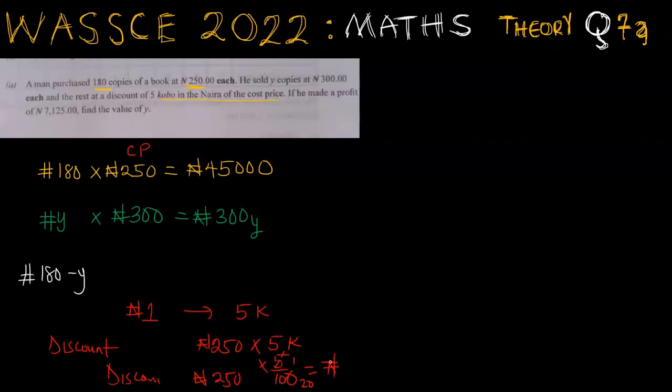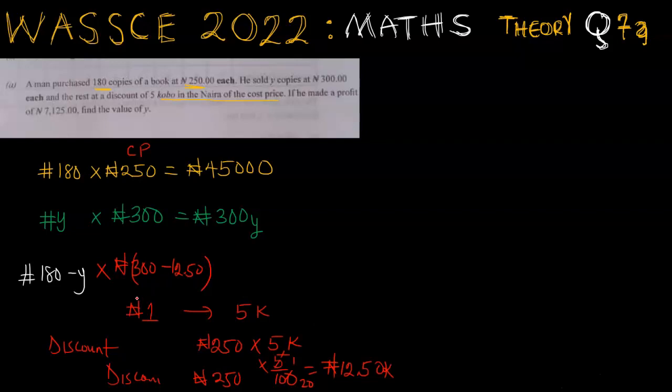That tells us that the discount is 12 naira 50 kobo. So here we are going to multiply 180 minus Y by 300 minus 12.5. So this tells us that the people that bought the remaining 180 minus Y copies actually spent 300 minus 12.5,